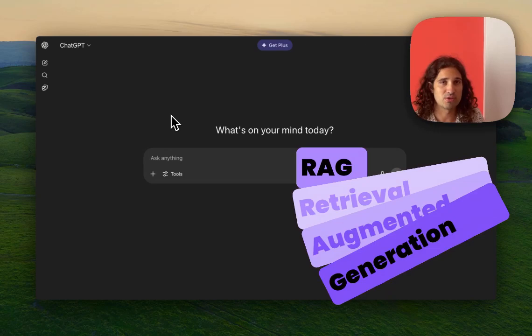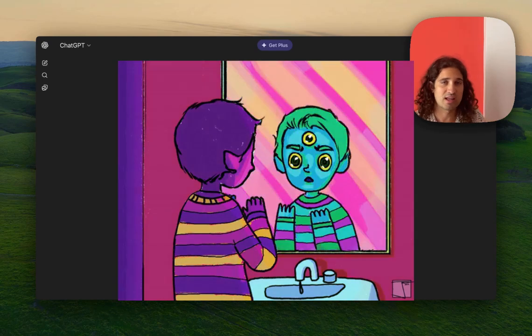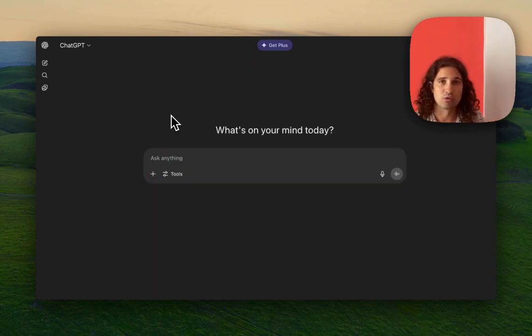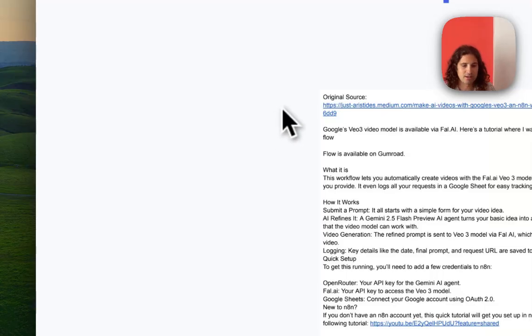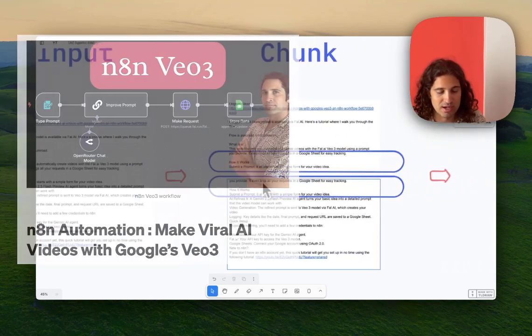And we want to be using that in order to reduce hallucination, or to get specific answers from specific corpora of documents. And that's how we build intelligent chatbots that don't hallucinate this day and age. Let's go into how this works under the hood. In reality, when you input a document, such as this one, which is just a piece of text that I have from a tutorial that I made on VO3 using n8n,